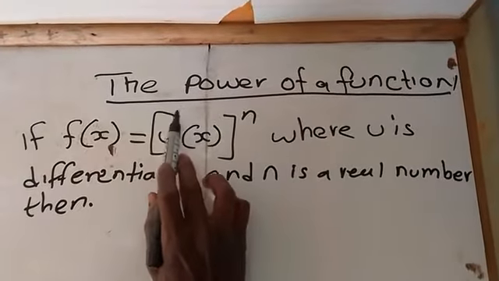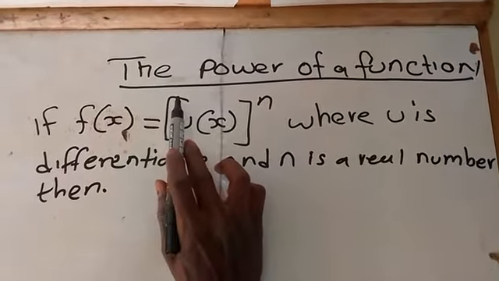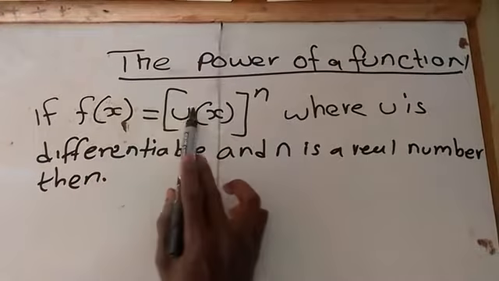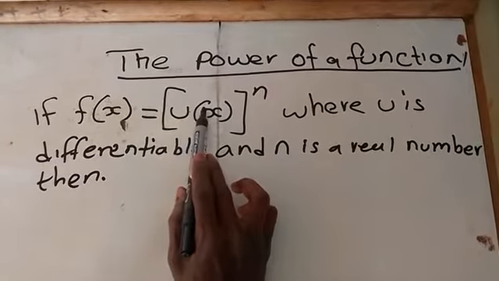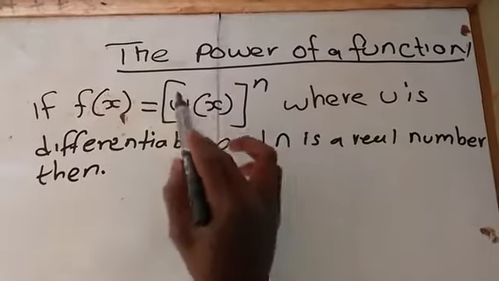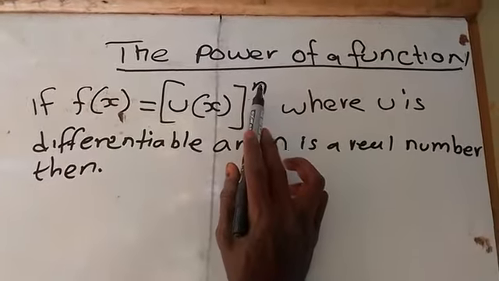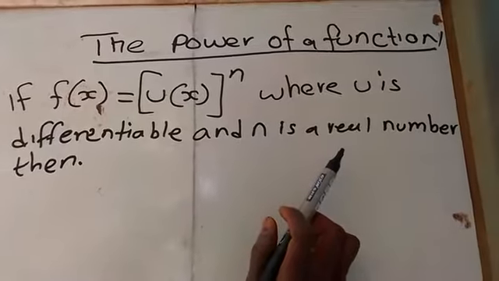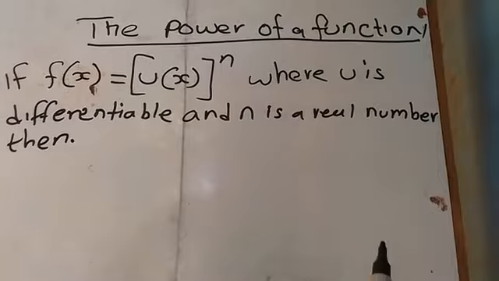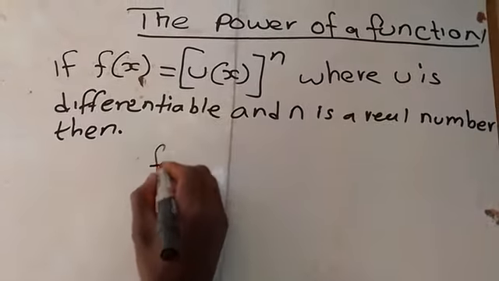The power of a function. We want to look at the power of the function, and under this one we want to see that if f of x is equal to u of x in brackets, raised to n, where u is differentiable and n is a real number, then we say that f